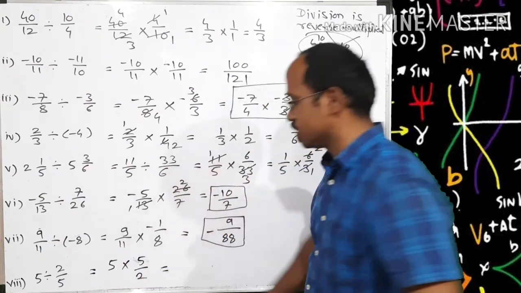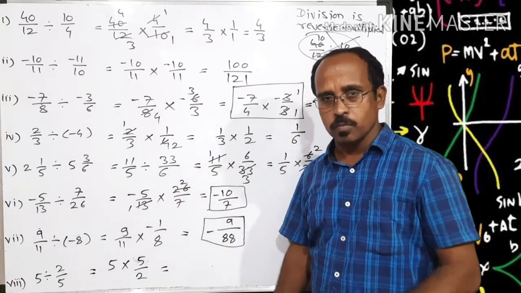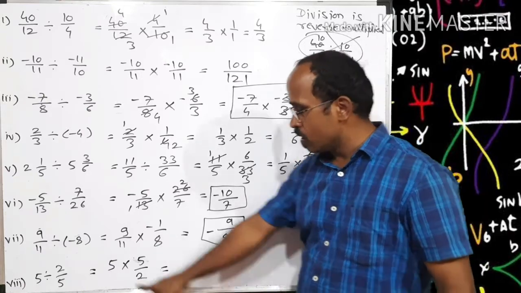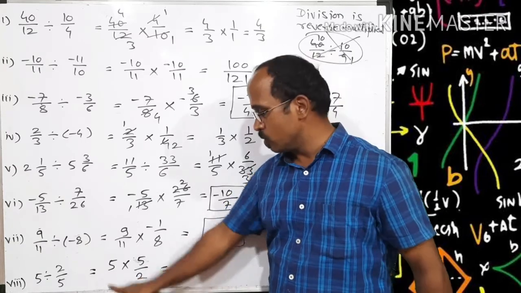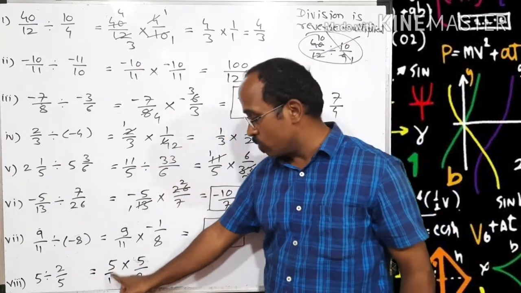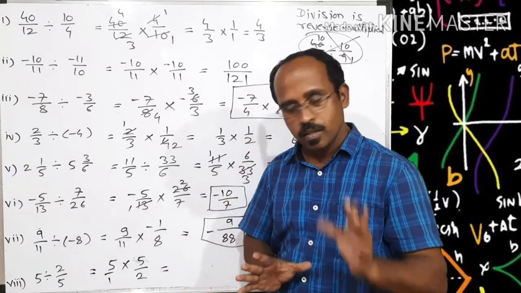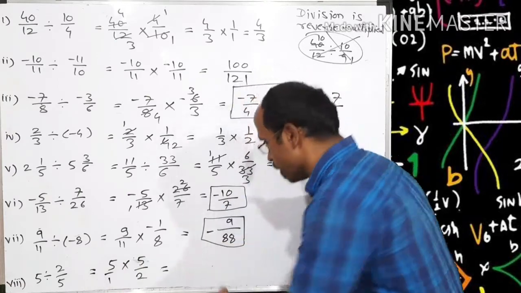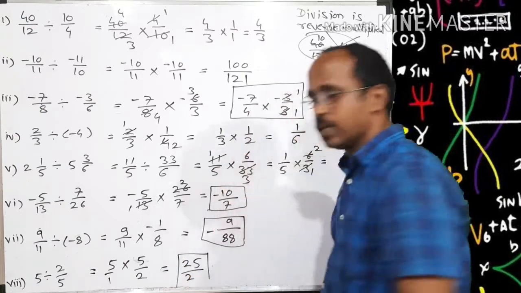Clear up to this? Now we have to multiply these two rational numbers. What we have to do? We have to multiply numerator by numerator, denominator by denominator. So what is the numerator of 5 and what is the denominator of 5? If your answer is numerator is 5 itself and denominator is 1. Why? Because the denominator of a whole number is 1. Now is it looking simpler, multiply numerator by numerator and denominator by denominator? 5 5s are 25, 1 2s are 2, so 25 upon 2 is our answer.